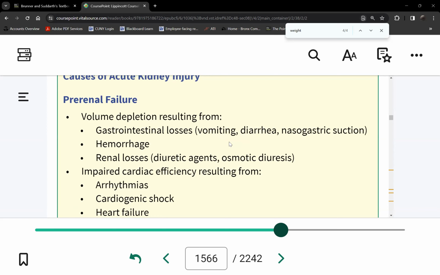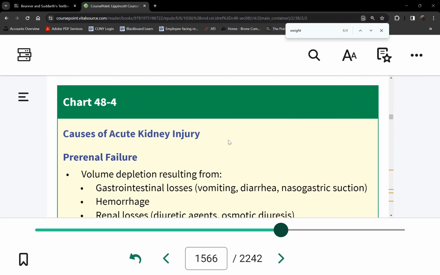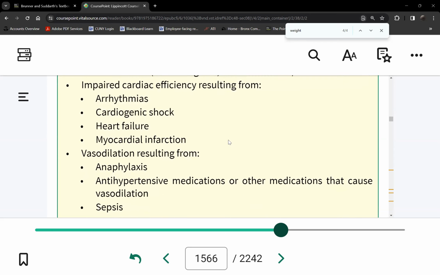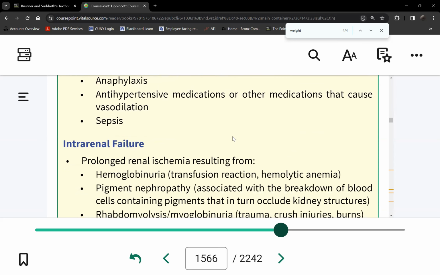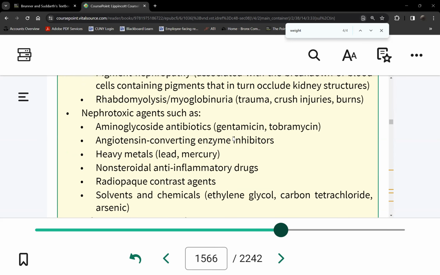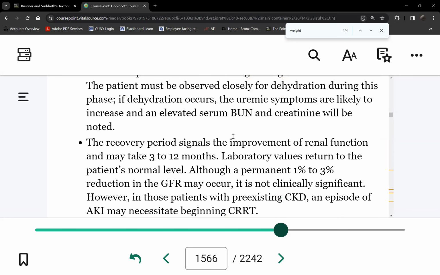However, if it's the other causes, like intrarenal or post-renal causes, do we give fluids? No. You see what I mean? So it really depends on what the cause is. Is it pre-renal? Is it intrarenal? Or is it post-renal? Okay, let's go back to the phase now. But generally speaking, when the patient is oliguric, what is the general rule? If the patient is in fluid overload, what are the interventions mostly? SBS.